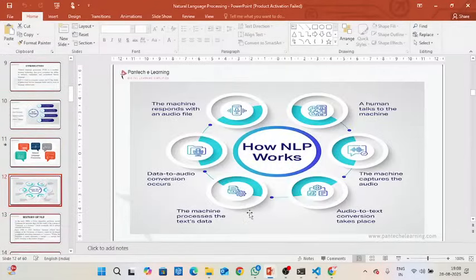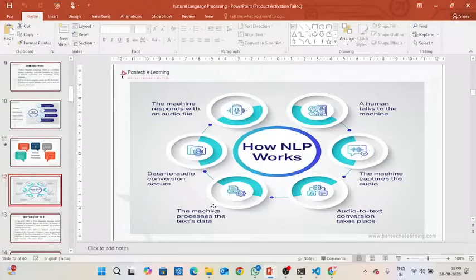This is the working procedure of Google Alexa or any other personal assistant. First it captures our voice. After that, the audio is converted into text format, and it does some machine learning processing. It understands the text, splits out the text, converts it into numerical format, and then does some processing.